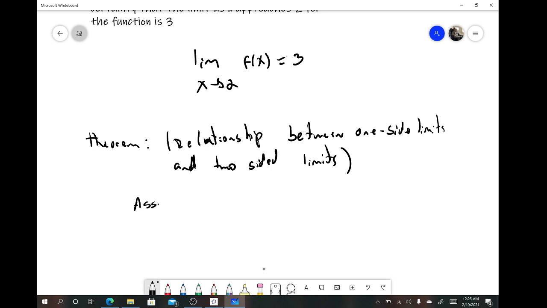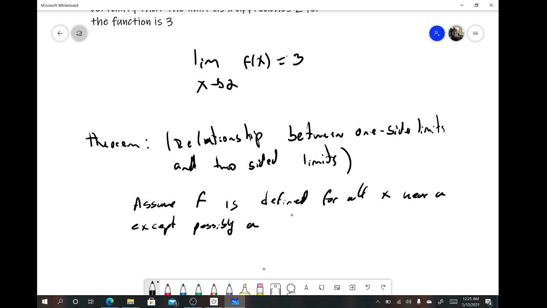Assume f is defined for all x near a, except possibly at a, then the limit as x goes to a